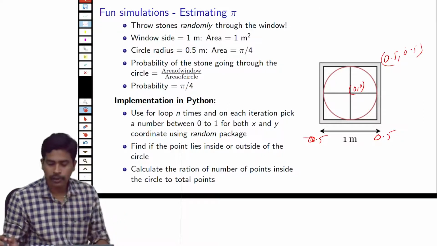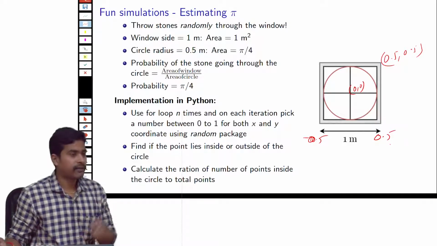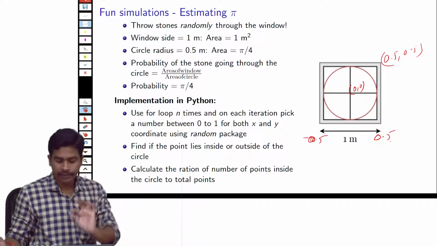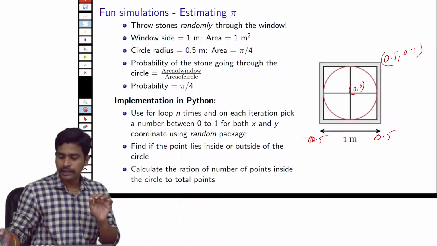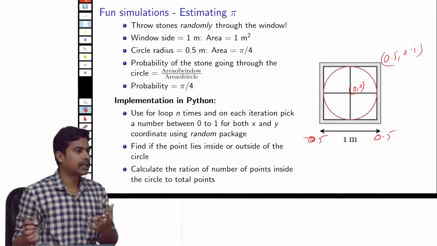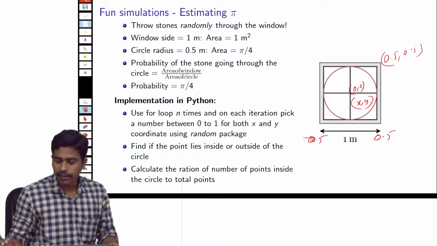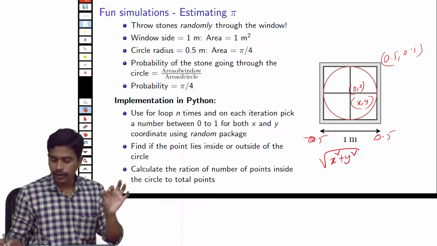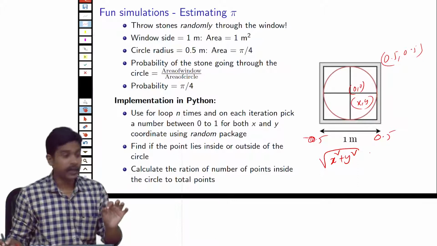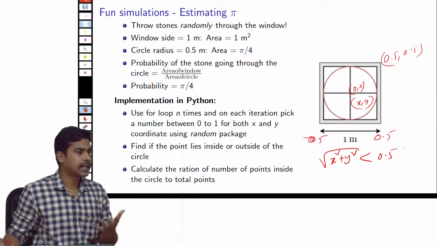We are picking numbers randomly between minus 0.5 and 0.5 for both x and y coordinates, and we are checking whether this randomly picked point lies within the circle or not. How do we do it? If you have a random x comma y point, we can calculate the distance of this point from the origin using the square root of x square plus y square, and if the distance is less than 0.5, we can say the point is lying inside the circle.